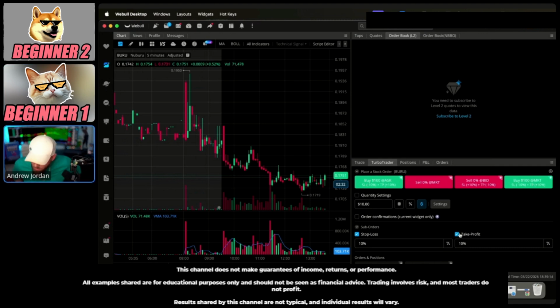And now you can see on your green buttons where it says stop loss minus 10, TP plus 10%. So now when you put in an order, it's going to fill you at the current price and you're going to have a take profit and a stop loss. So you'll be protected to the downside. If it goes down, it'll sell it for a loss. And if it goes up, it'll take profit for you as well, which means trading is now on easy mode